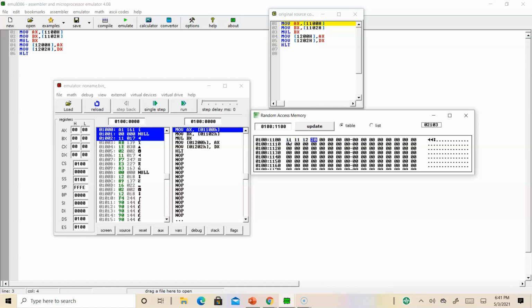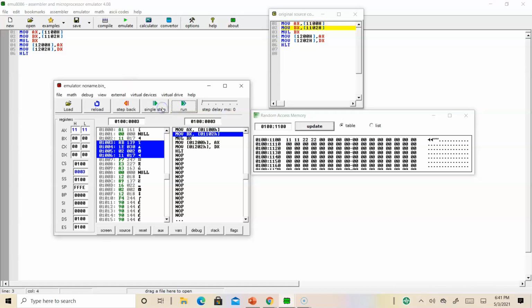Second data is 2222. So give your lower byte first followed by higher byte. Give update. And then if you want to run, you can press run so that the whole program will be executed, and if you want to perform single step execution, you can do single step also.